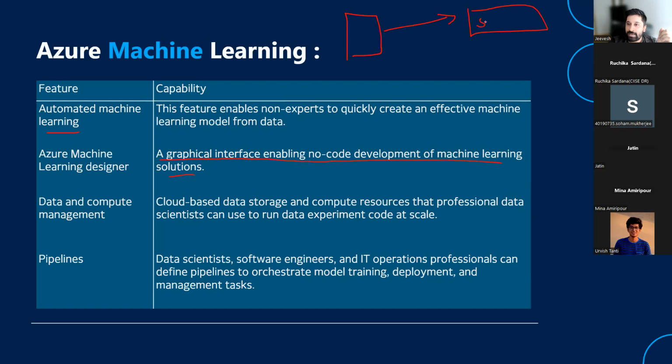If so and so data is present in the email, put it in the important box. If so and so data is available, put it in the regular inbox. So let's say this is inbox, this is priority. If this is your specific use case, you could be using the machine learning designer, where you do not need to have code.